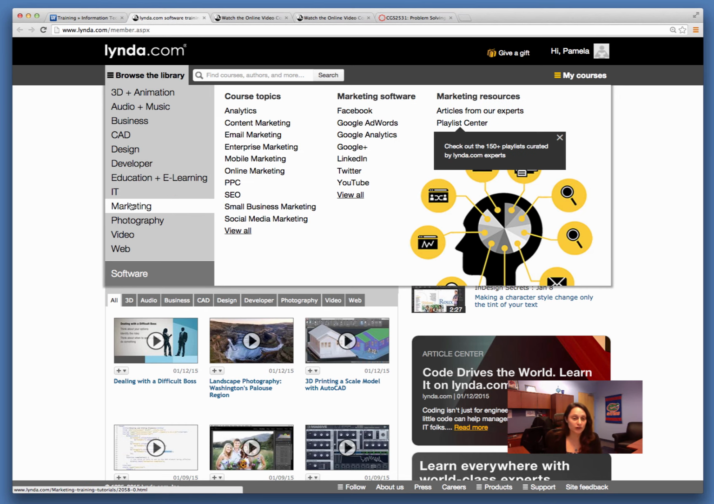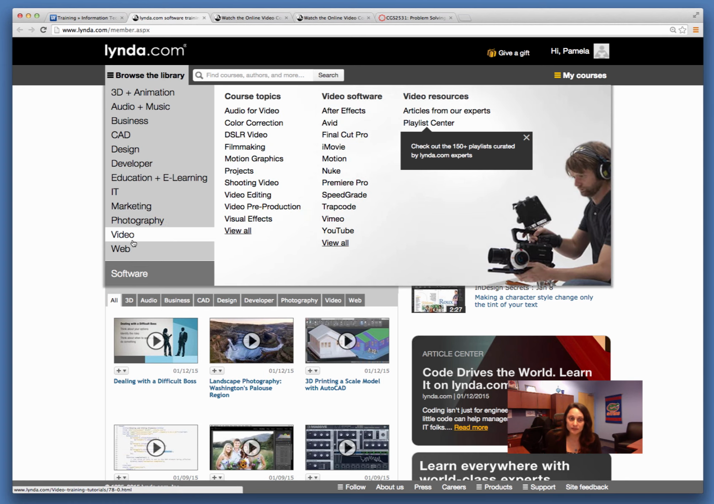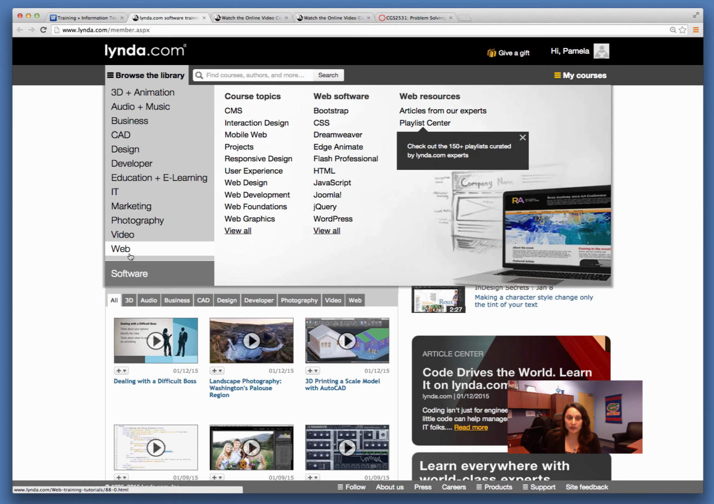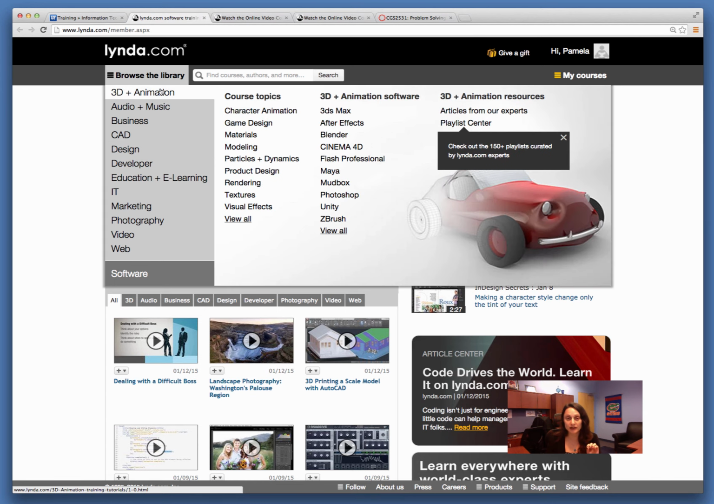Marketing. So if you're looking at a marketing career, looking at how to market within different popular platforms, or do mobile marketing or small business marketing or social media marketing, there are short courses on this. Photography, video, web, HTML, JavaScript. There are a lot of courses in here, and while you're a UF student, you can log in and use these